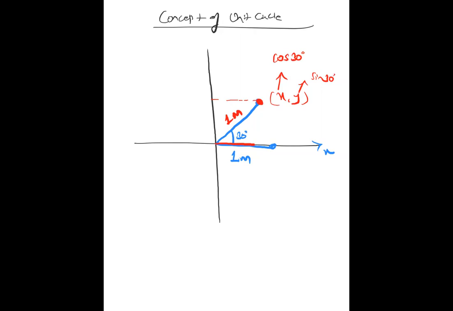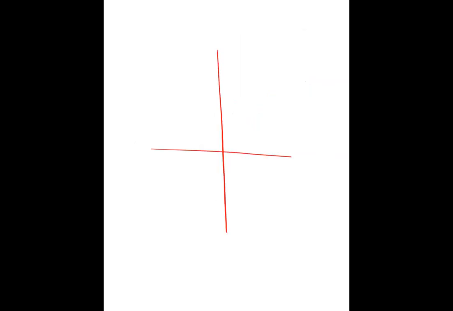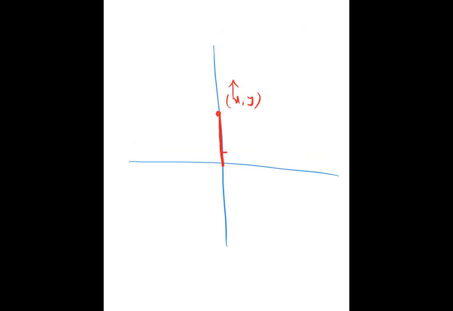Now, this stick is moving around, right? Here, if you see, what is the x coordinate and y coordinate? Here theta is 0, right? So the x coordinate is cos 0 and the y coordinate is sine 0, basically. And then the stick reaches over here, and it's the same thing. This is making 90 degrees, right? So you can clearly see that this is 1 meter, so the x coordinate is 0 and the y coordinate is 1. Basically, this is cos 90 and this is sine 90. That's why we say sine 90 is 1 and cos 90 is 0.